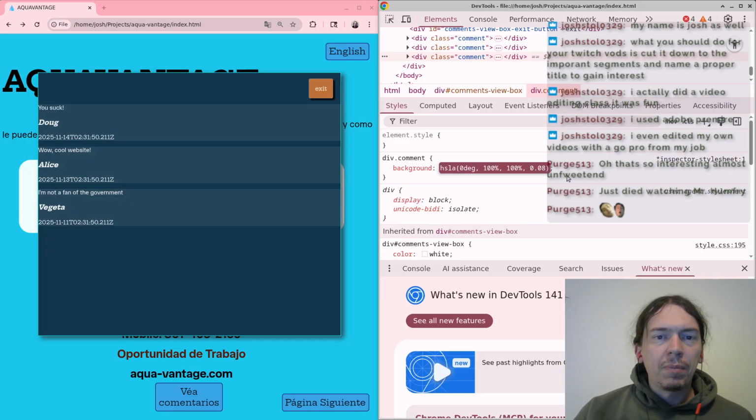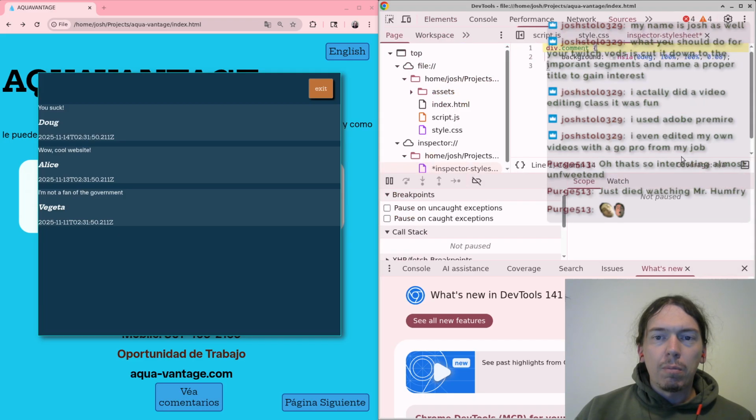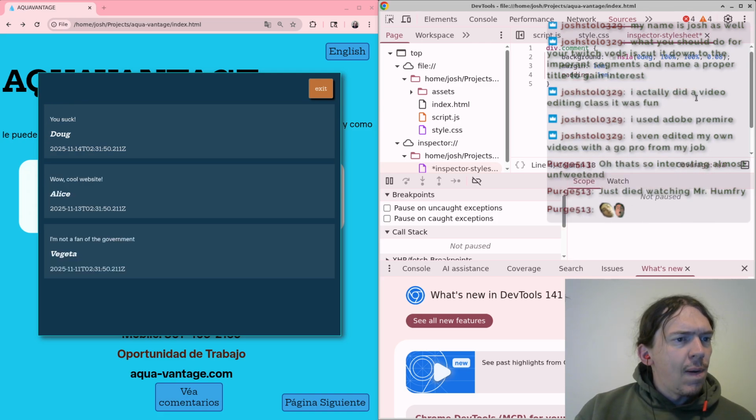Next item. Then let's put a little bit of margin on there. And a little bit of padding. Looks like a little too much padding at the top for some reason.